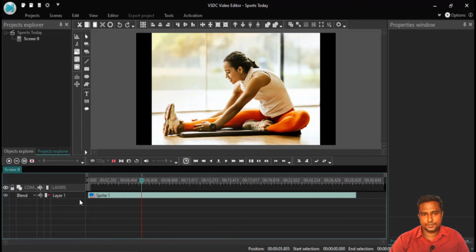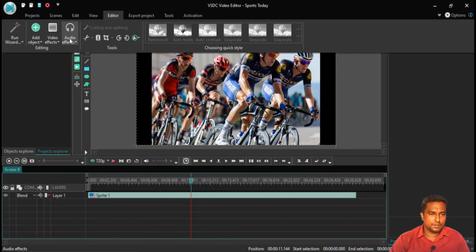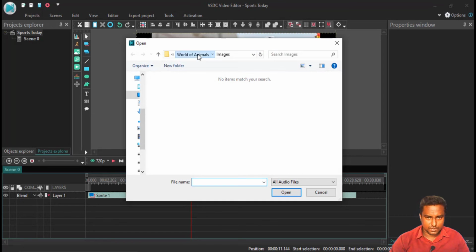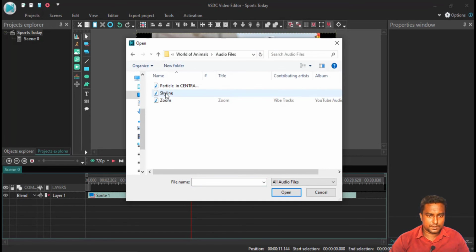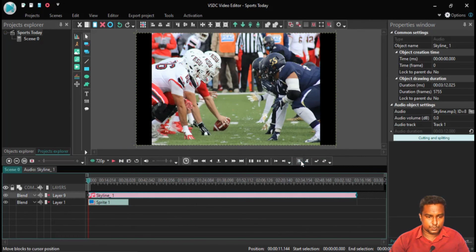So it works perfectly, but without music this looks very ordinary or boring. So I'm going to add an audio track. I choose Edit, Add Audio. Here I choose the audio file which is Skyline. I choose from the beginning, I choose OK. So this is the finishing point. You can reduce the audio length,